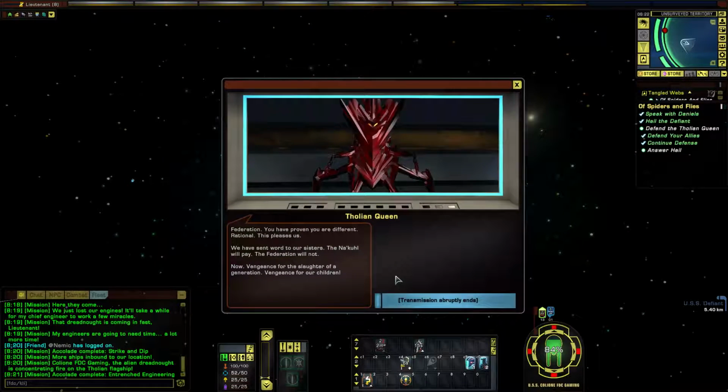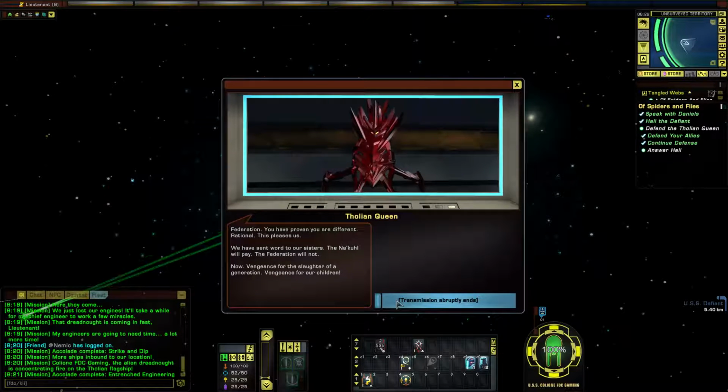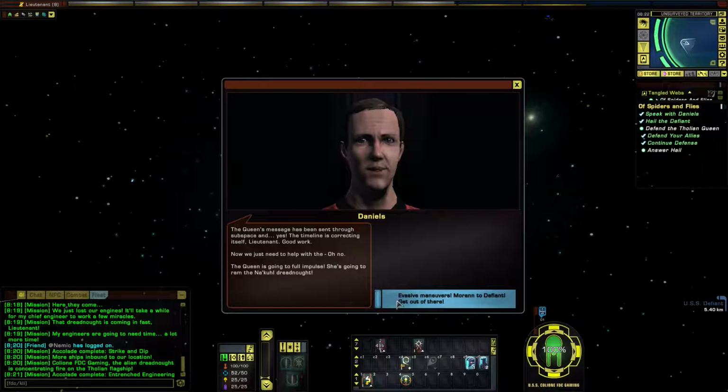Federation, you have proven you are different, rational. This pleases us. We have sent word to our sisters. The Naku will pay. The Federation will not. Now, vengeance for the slaughter of a generation. Vengeance for our children. The Queen's message has been sent through subspace and...